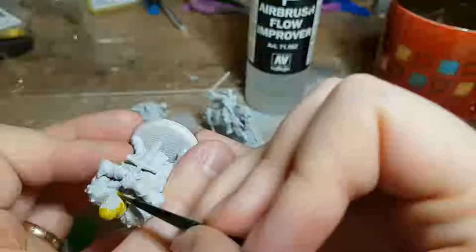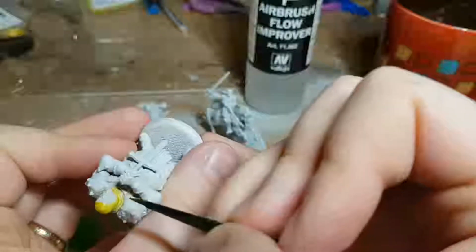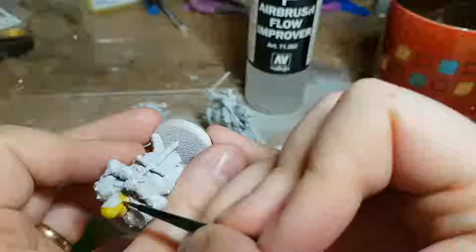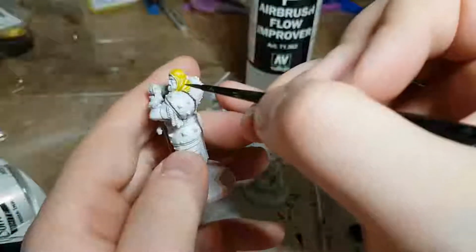Why are we doing it after varnishing, you might ask, when varnishing is supposed to be the thing that holds all of our paint on the miniature? You are correct about that. However, we'll be using a matte varnish in this case, specifically to remove the gloss from all of our inked